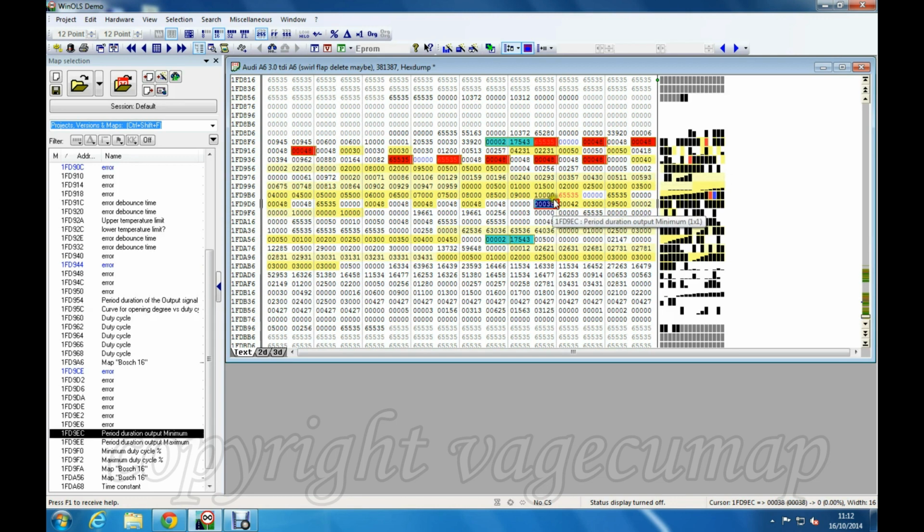Because I think that 38% represents 38%. In other words, it's saying if 40 goes below 38, flag an error, and if 40 goes above 42, flag an error. But again, you don't need to change those values, because as long as we've reset all these other ones in here, the actual values here are not going to make any difference. Once again, these appear to be minimum and maximum duty cycles, and once again, it doesn't really make any difference to what we've done with the rest of this. So again, it doesn't really matter.